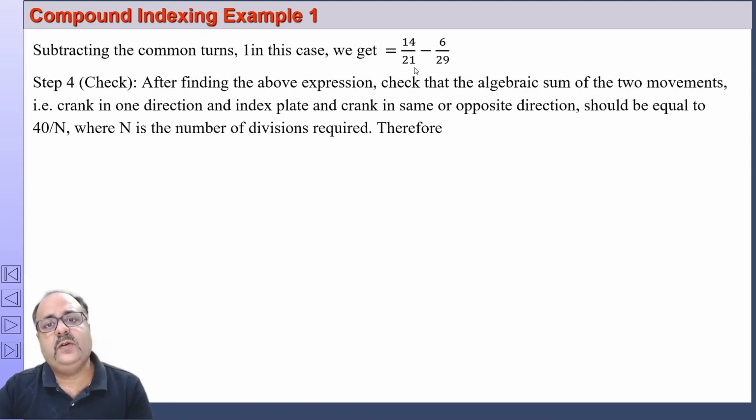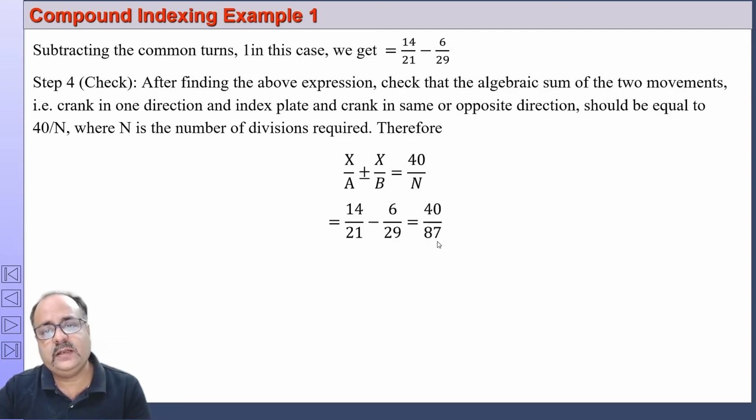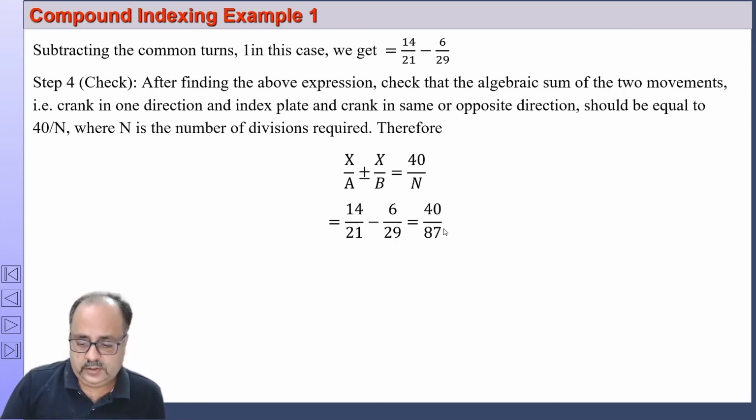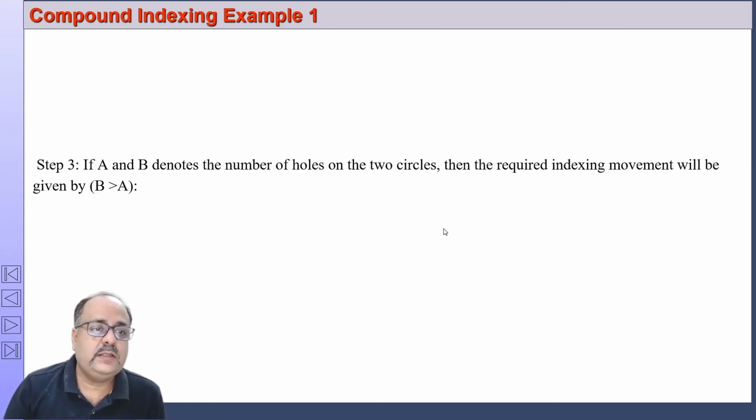If you simplify 14 by 21 minus 6 by 29, you should get 40 by 87, and that is what exactly we are getting. So we have done it correctly. So this is the first example. In the second example,